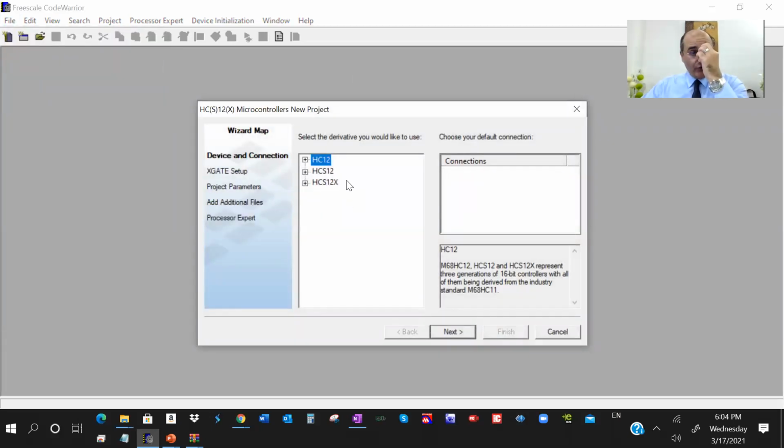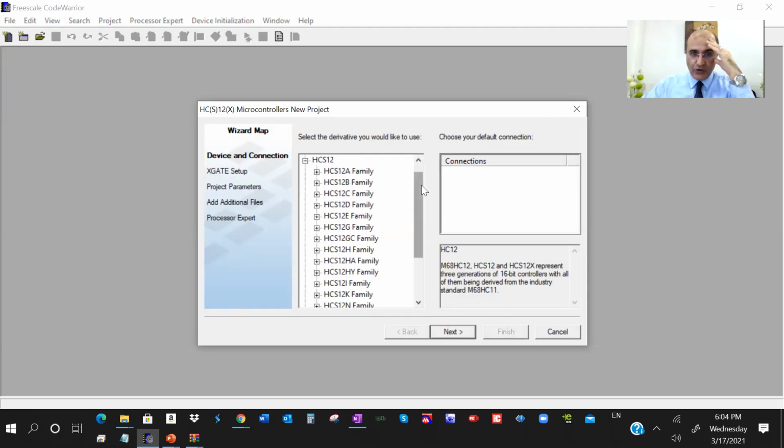Now, the first thing you do is pick our microcontroller. Our microcontroller is an HCS12. So you go to the next choice, HCS12. You go to the